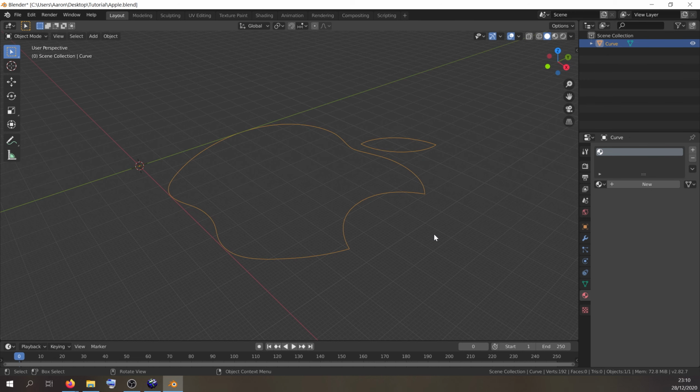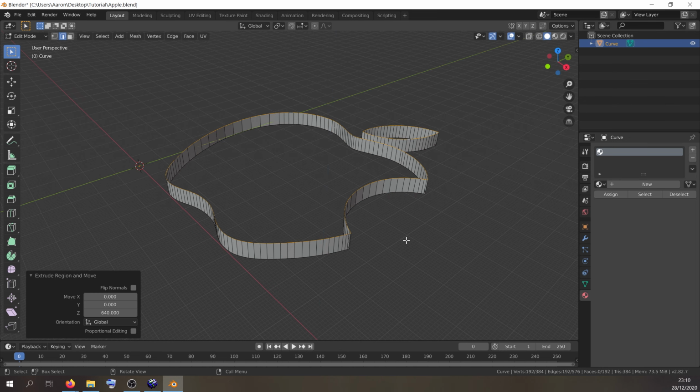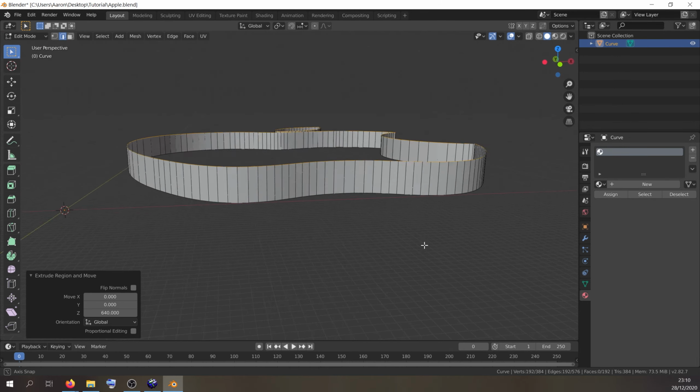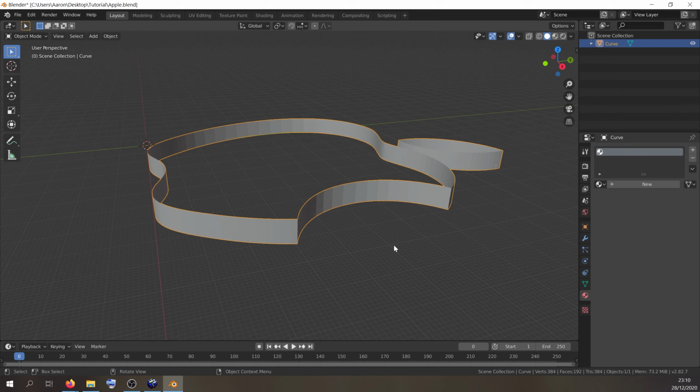Now what we're going to want to do is go to Edit Mode, select all the edges, extrude on the Z axis by how high we want our ramps to be. And we're going to have our ramps be this high. Okay, so once we have that,